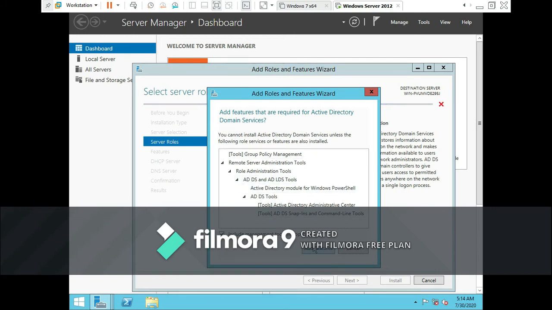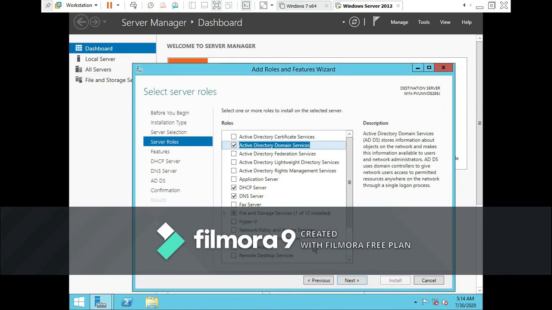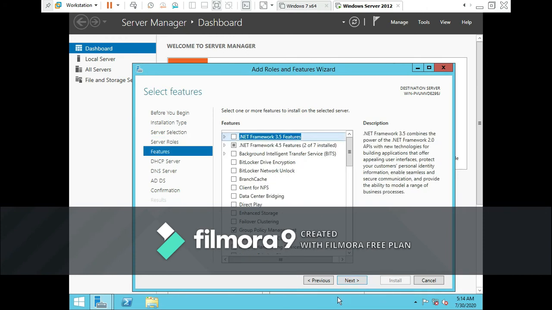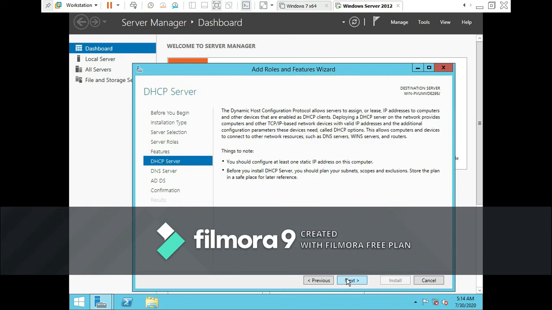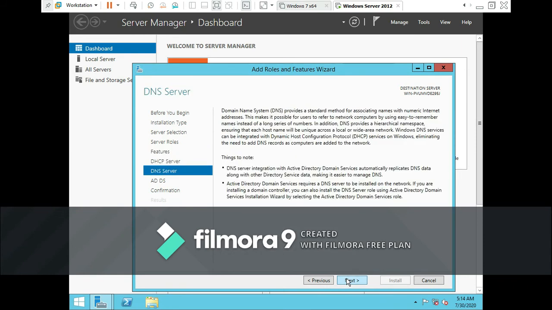the Active Directory Domain Service. Then you click add. After selecting these three features, which are the DHCP, the DNS, and the Active Directory Domain Service, we click next. We click next again, next,